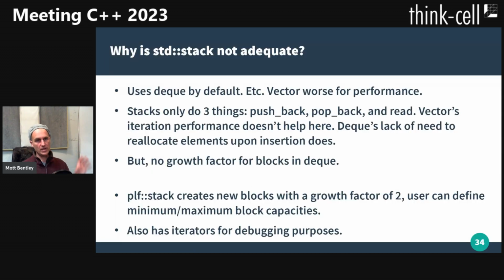So, again, why is std::stack not adequate? It uses deque by default as the underlying container for the adapter. Same problems there. If you use the underlying container as being a vector, that's much worse. The reason for that is that stacks only do three things. They push back, they pop back, and they read the top element. So vector has very good iteration performance. It does have good back erasure,